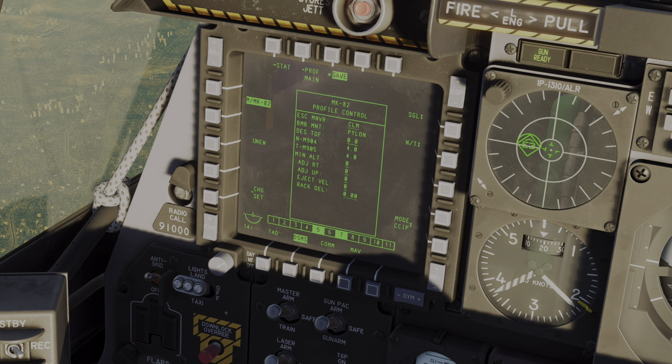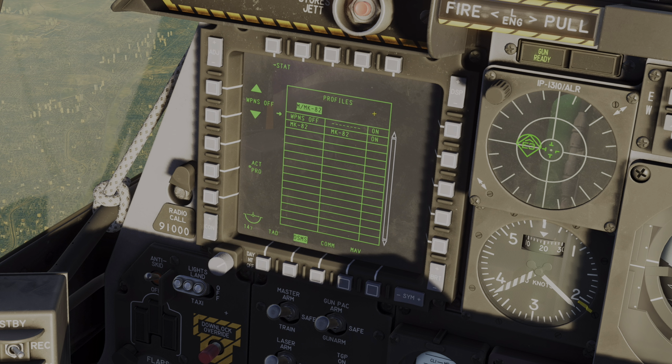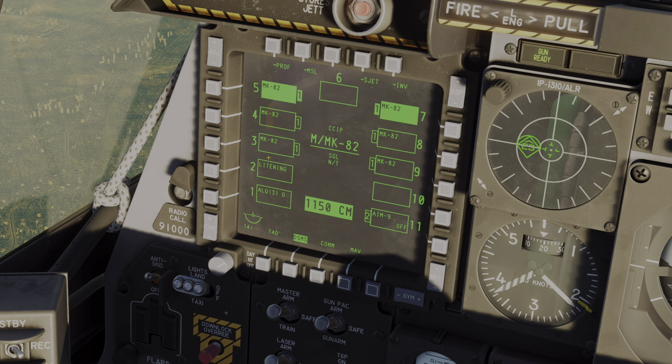So that's a manual profile. If I made changes here, I would have to hit the save button, which is currently flashing. Actually, I'll do that just now, and you'll see that it hasn't created any new profiles, but in kind of inverse video here, we have a manual profile showing, and if I go back to stat, it will once again